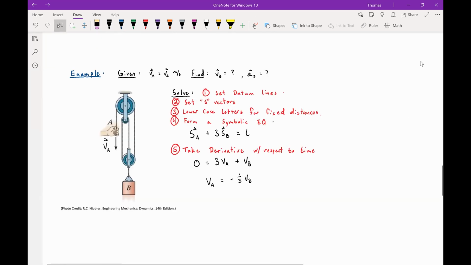In our first example, we see that block B is attached to a smaller pulley that is in turn suspended from a larger pulley that is secured to a horizontal surface. A rope is wrapped around both pulleys as is shown, with one end left unsecured. The problem asks us how we can determine what velocity the block will travel based on how fast point A